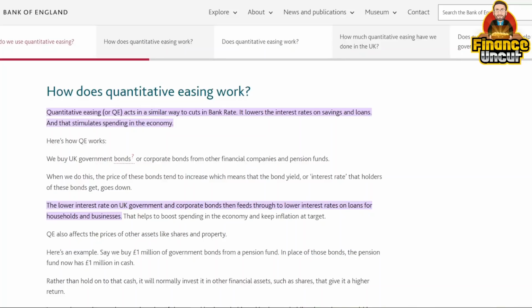So what we'll do now is we'll cut to a clip with the guy who coined the term quantitative easing,